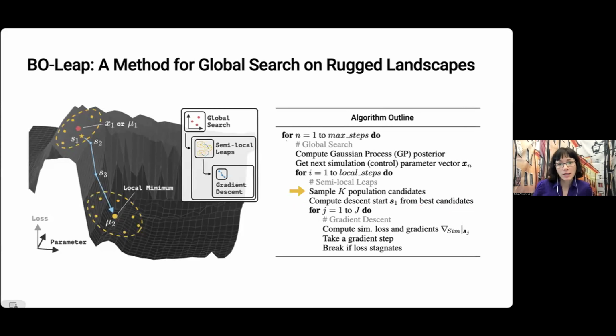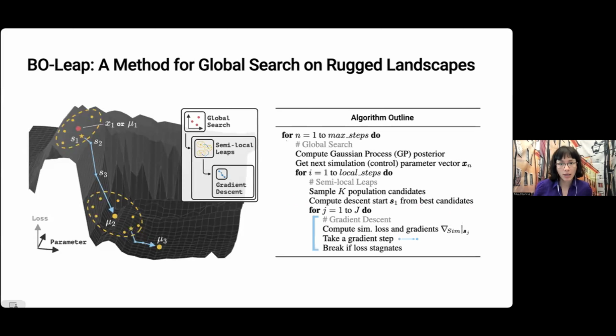And then when the gradient descent reaches the local optimum, we again sample candidates in a gradient-free way. The way that we do the sampling is using a Gaussian distribution whose mean and covariance are computed by covariance matrix adaptation equations. Covariance matrix adaptation is a widely used gradient-free method that technically is semi-local.